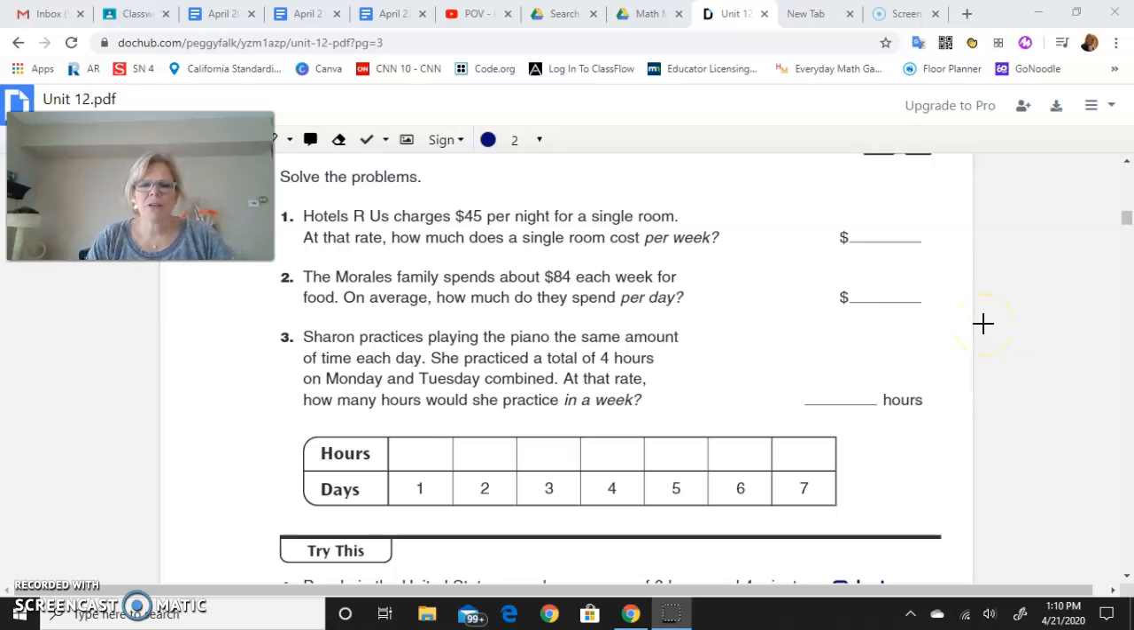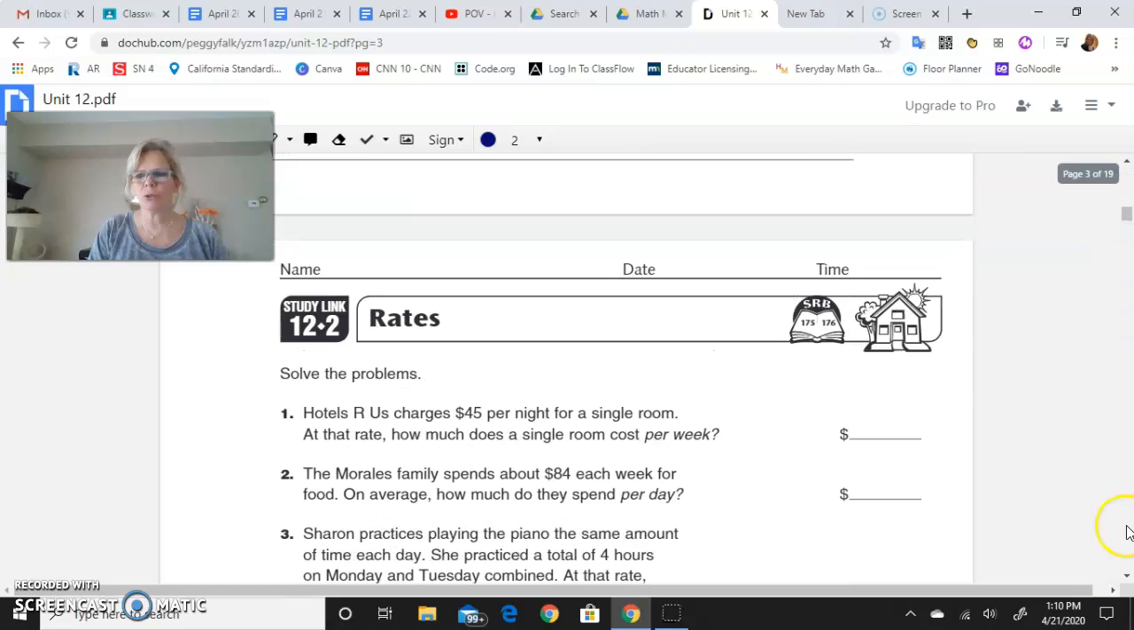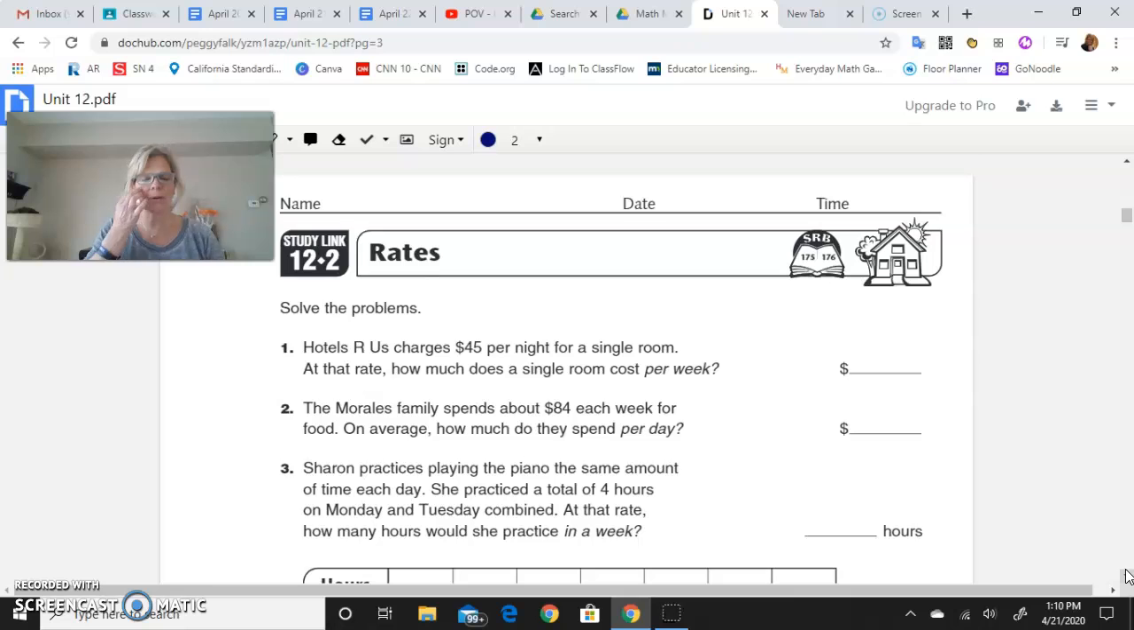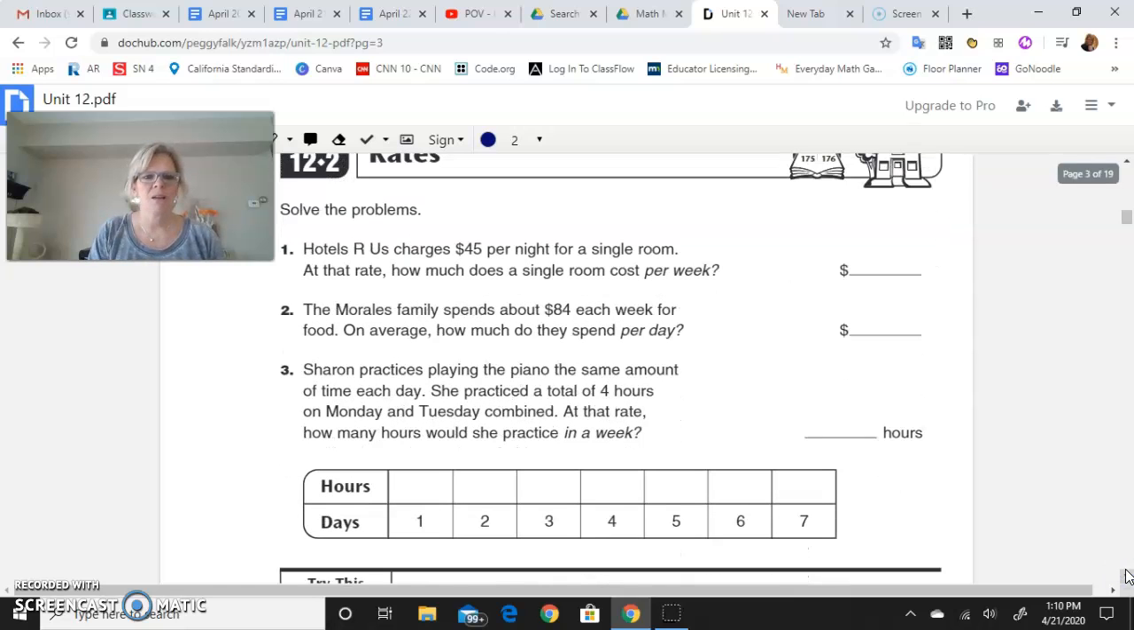All right, here are the answers for the two worksheets, 12-2 and 12-3. So this is 12-2 on rates. Now these are the types of problems you'll do when you can solve rates. All right, so